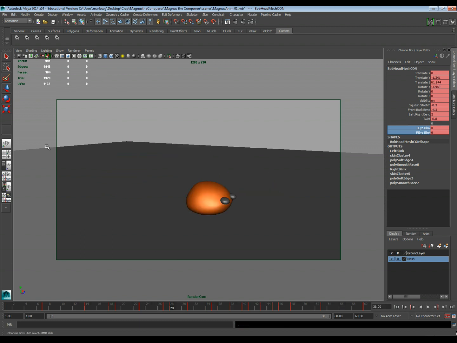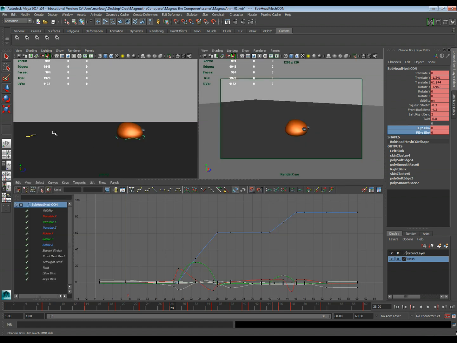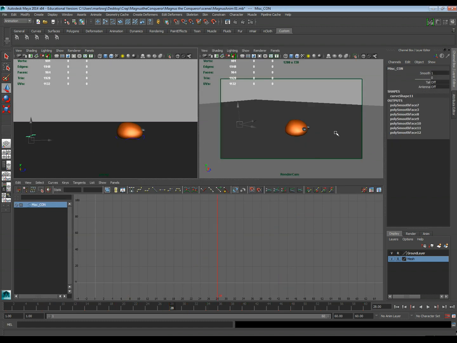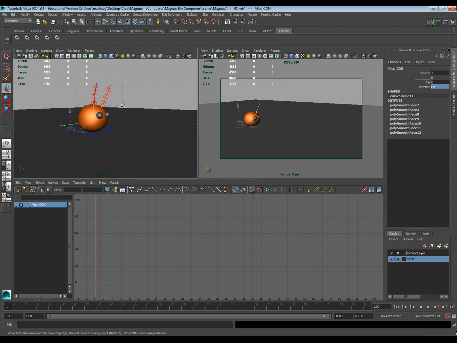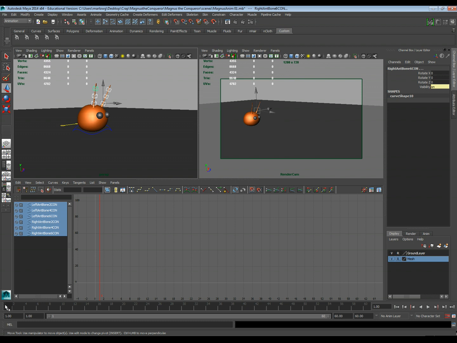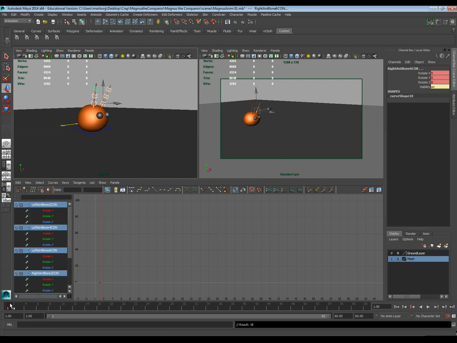Now the next thing we're going to do is add the tail and the antenna back in. And I'll go ahead and do these one at a time. I want to do the antennas first because they're not going to be that challenging. I'm just going to have them do a little bit of reacting to the jump itself. There's no keys on it yet, so I'm just going to hit S. And all I'm doing is sort of posing in